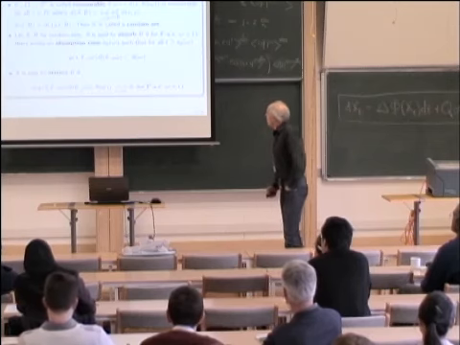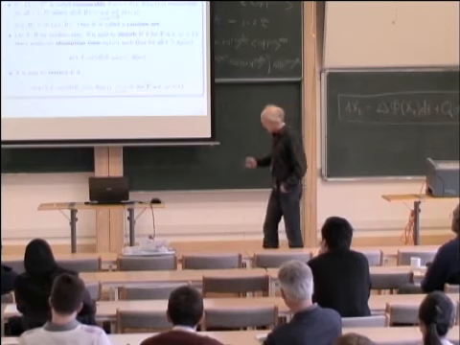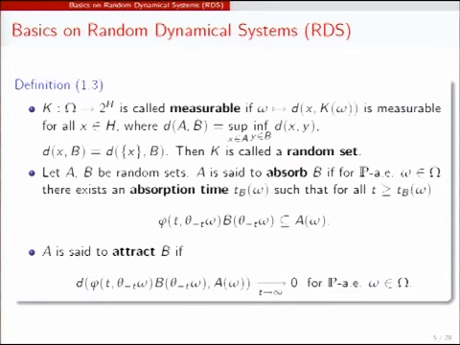Okay, so now quickly, what is a random set? If you look at the mapping from omega to the power set of H, so the system of all subsets of H, you call it measurable if for every point x in H, the distance from x to this random set is measurable in omega. So that's the first definition. And then you look at the distance, which is a usual thing in this area. Of course, I will give references later, but I would really like to recommend for all the general stuff the book of Hans Crauel, where this is all explained beautifully, and of course the even older book of Ludwig Arnold.